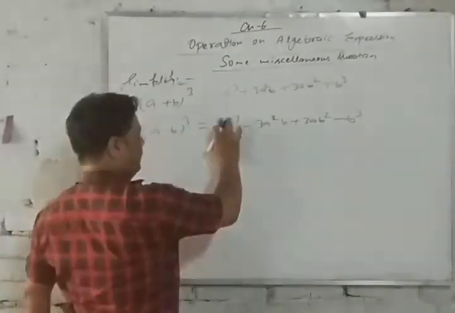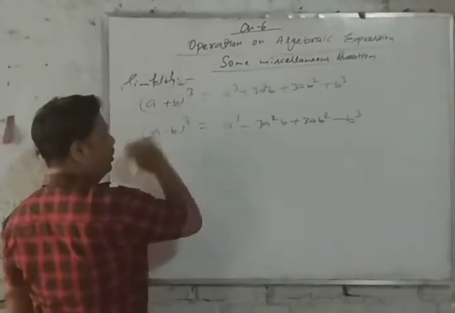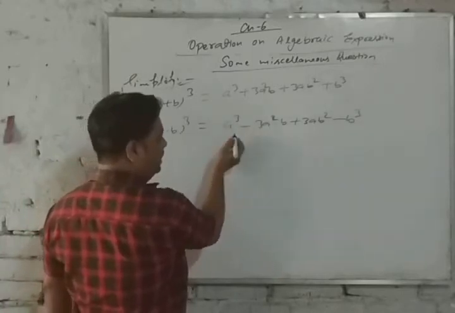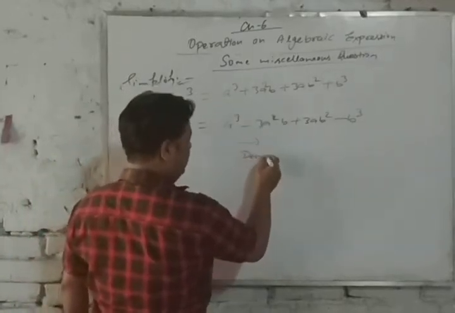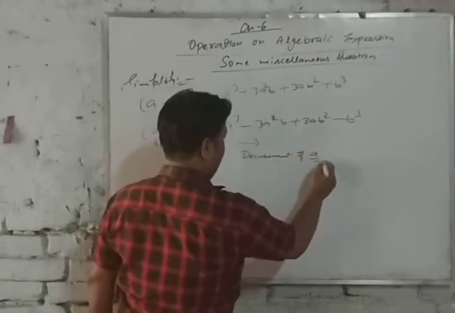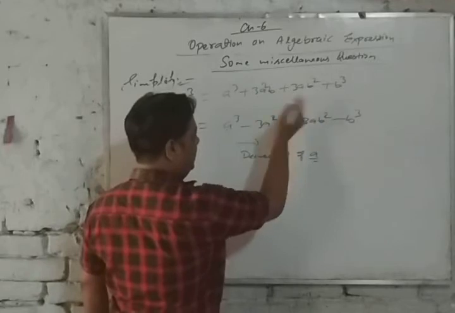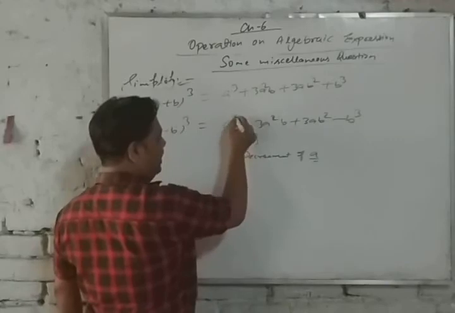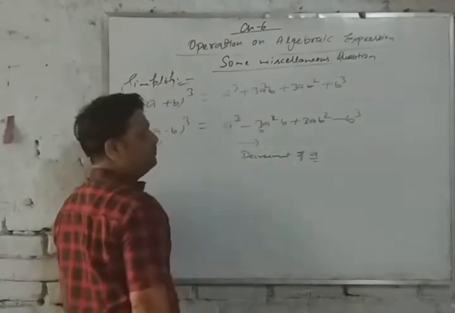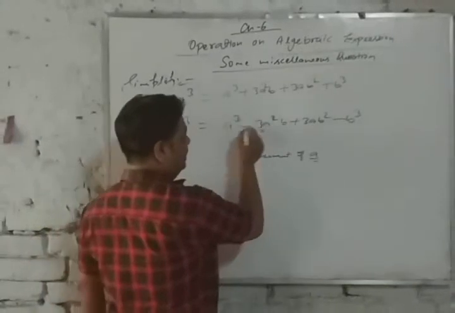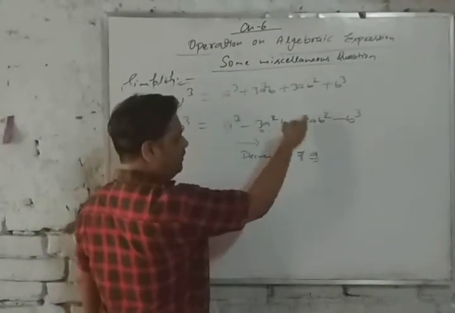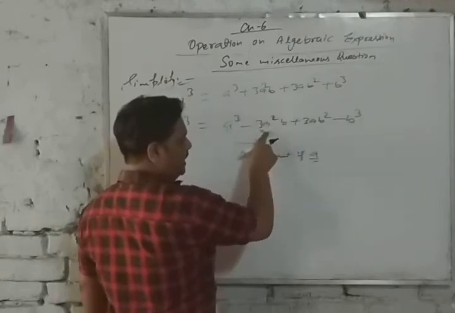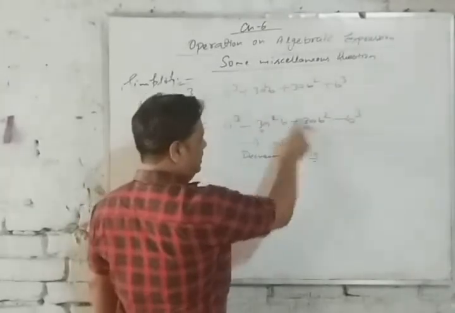Now the alphabet. At first here is the whole cube. Then the first term is a, so a cube. And after that, decrement of a. That is here a to the power 3, then a to the power 2. We decrease 1 and the number is 3, so here we will add 3. Then if we decrease a, we will increase 1 b also. 1 a decrease and 1 b increase. Again the same 3 we will write.